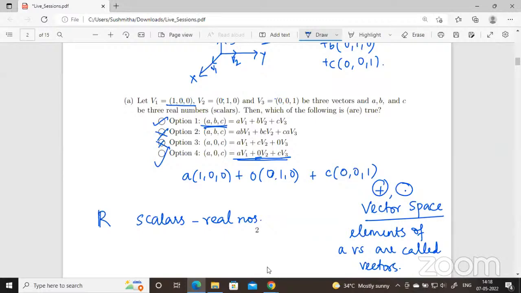But again, a vector space is a general concept. It's an abstract concept. It's just that R2, R3 and all are examples of vector spaces. So we can associate all this to the general concepts that we study. This vector space is an abstract structure.